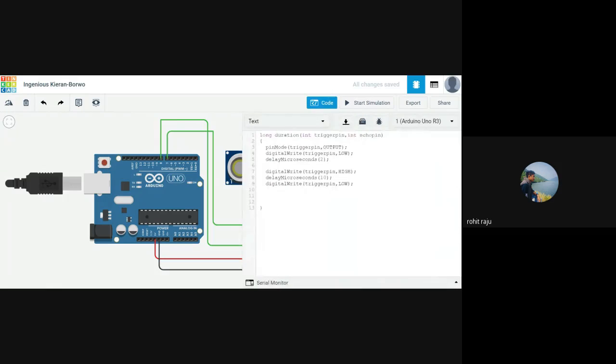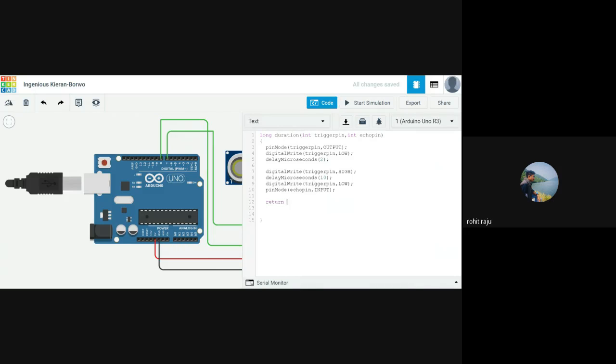So let's set this pin to input. Yes, it takes in the input, and there is a function which you need to see.